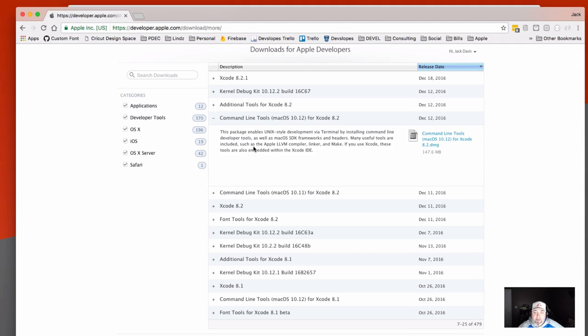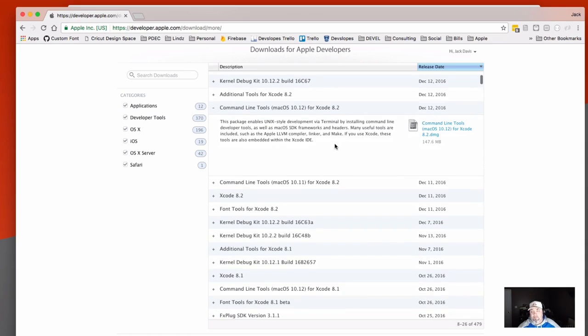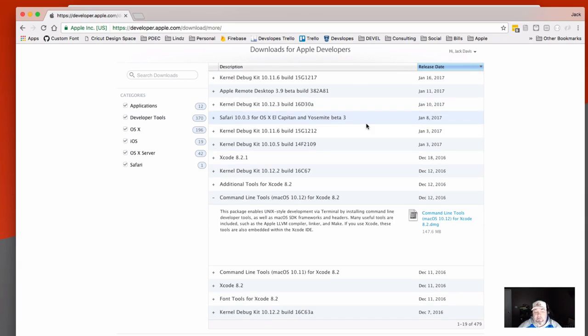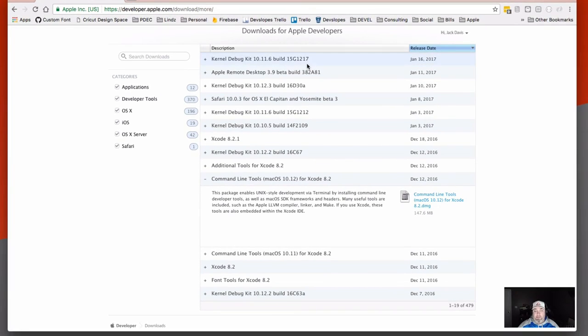So we've got stuff included like the Apple LLVM compiler, linker, and make. If you use Xcode, these are all embedded within Xcode, but if you want to use them from the command line, download the command line tools here. I also believe that if you try to run something like GCC or make and the command line tools are not installed, it will prompt you to install them. But anyway, that's all you need to do to get up and running with Swift and